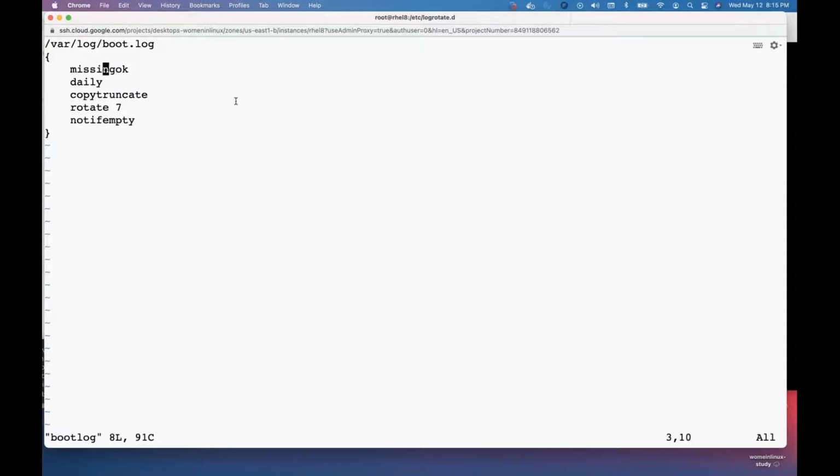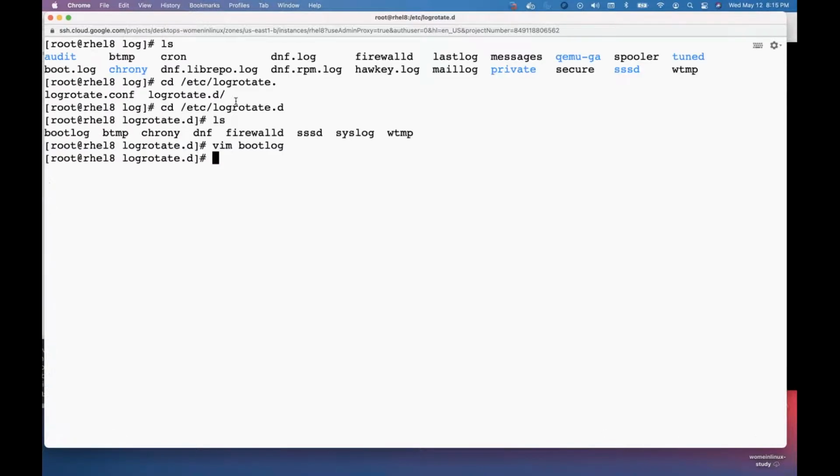But missingok, daily, copy truncate, rotate, I think this is every 7 days, and notifempty. So you're setting up where your boot log or the boot commands are going to get logged, and you're telling that in /etc/rsyslog